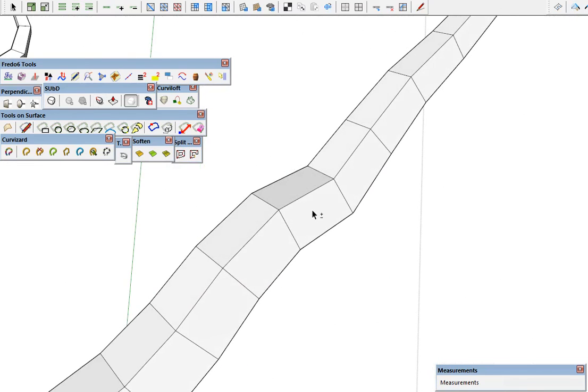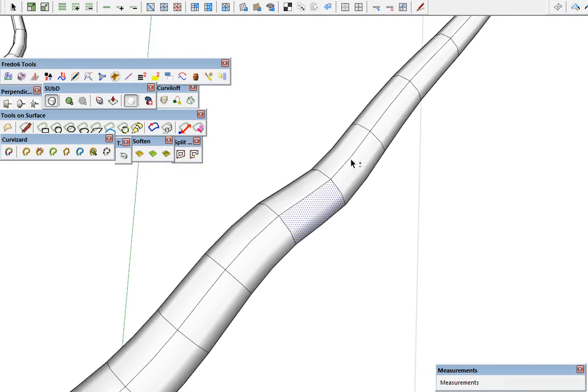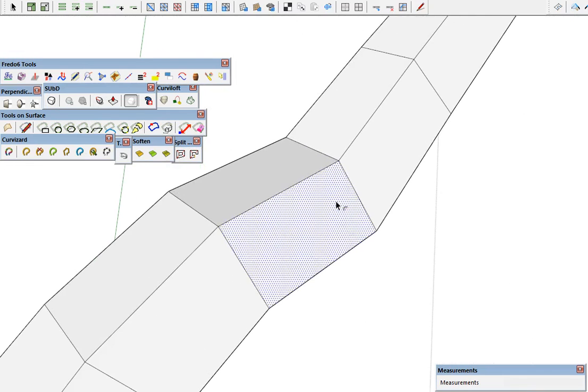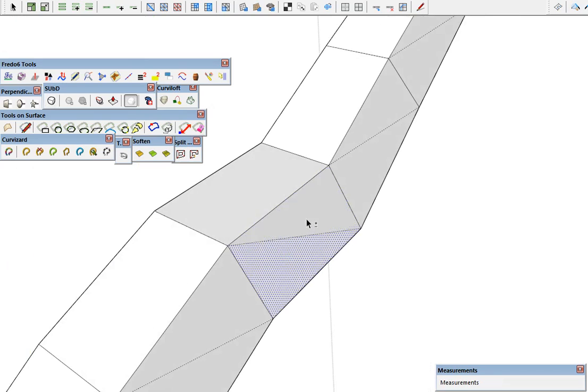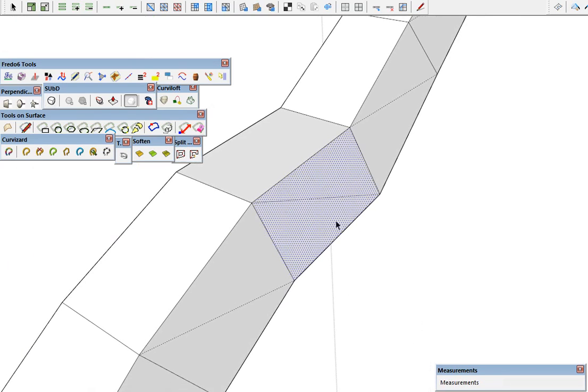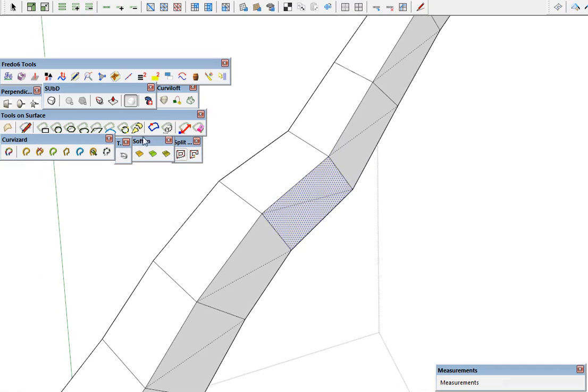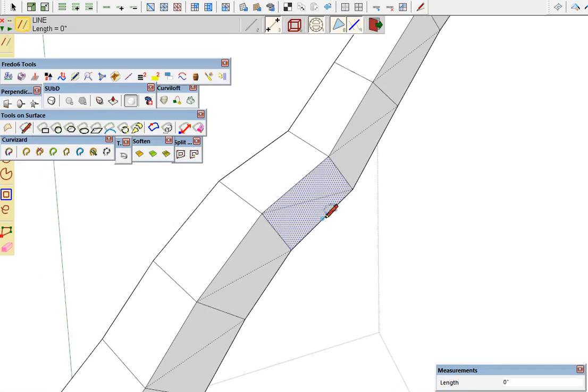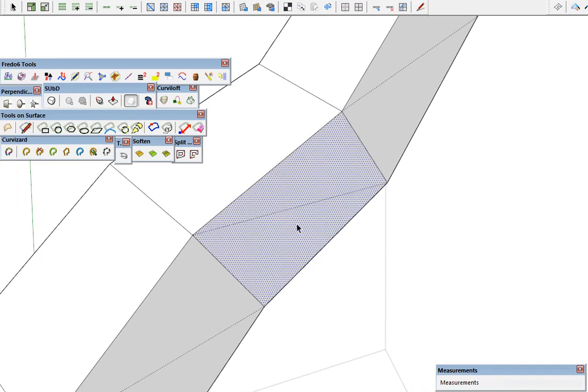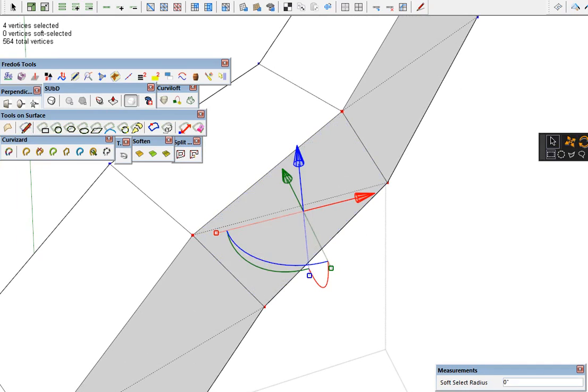Sometimes you might want to go smaller than this quad that we have here, and if that's the case, on these areas they're always going to be triangulated, and we can see we have that. So what we can do here is we can draw our edge. There's a couple things we can do. If you don't have vertex tools, then we can do it this way. The easiest way is with vertex tools, and then we can just